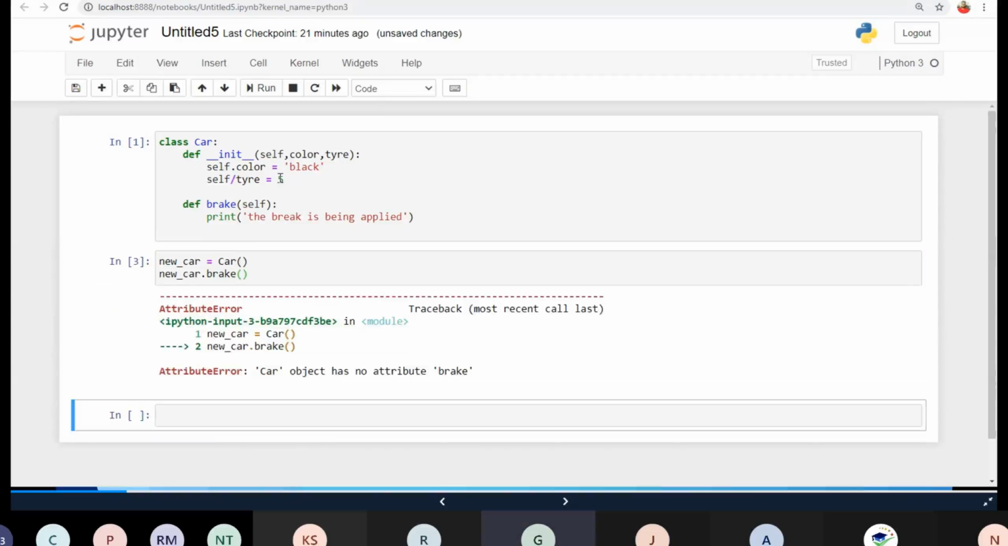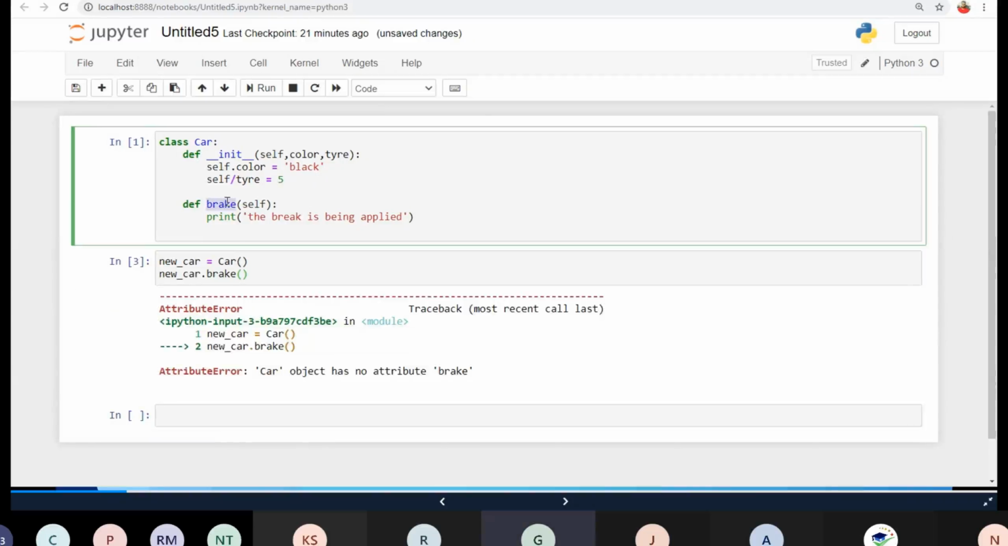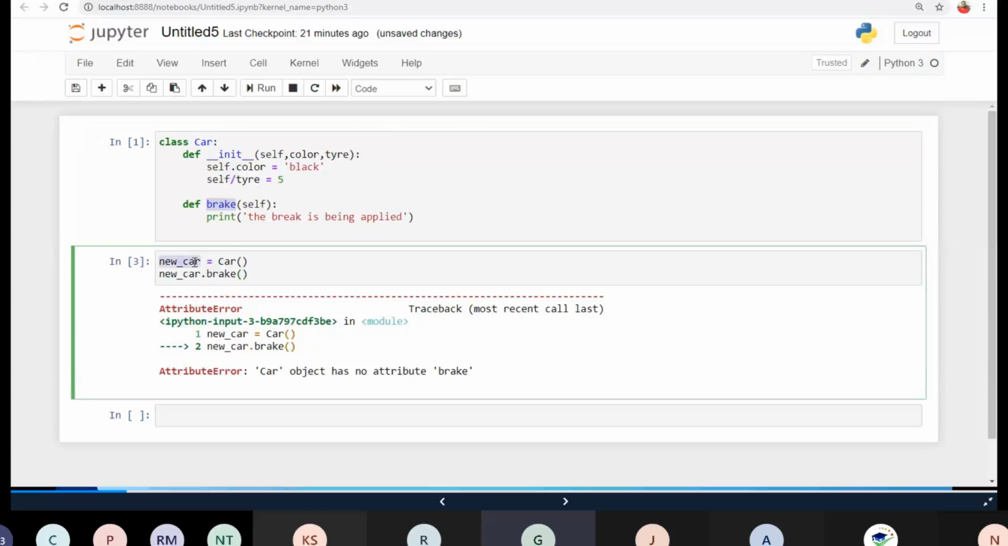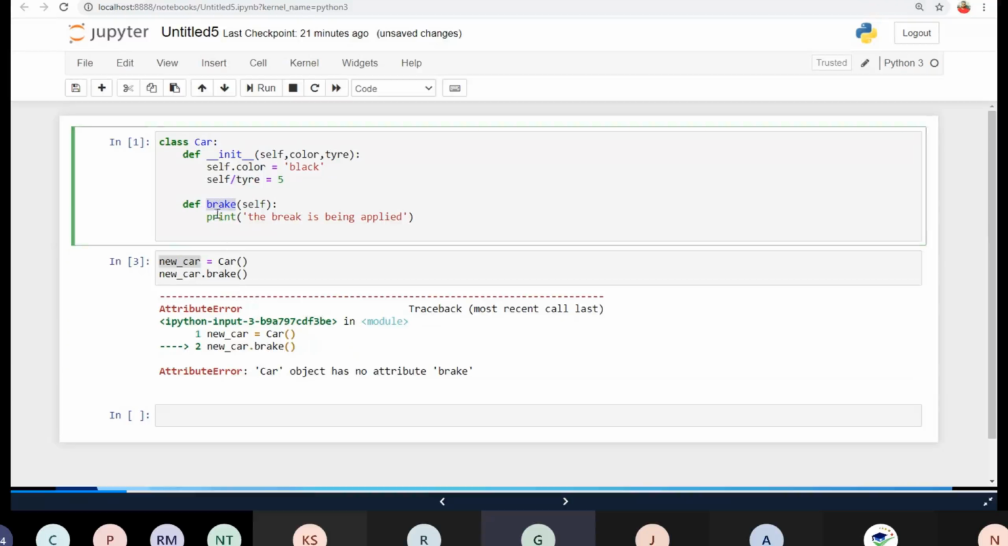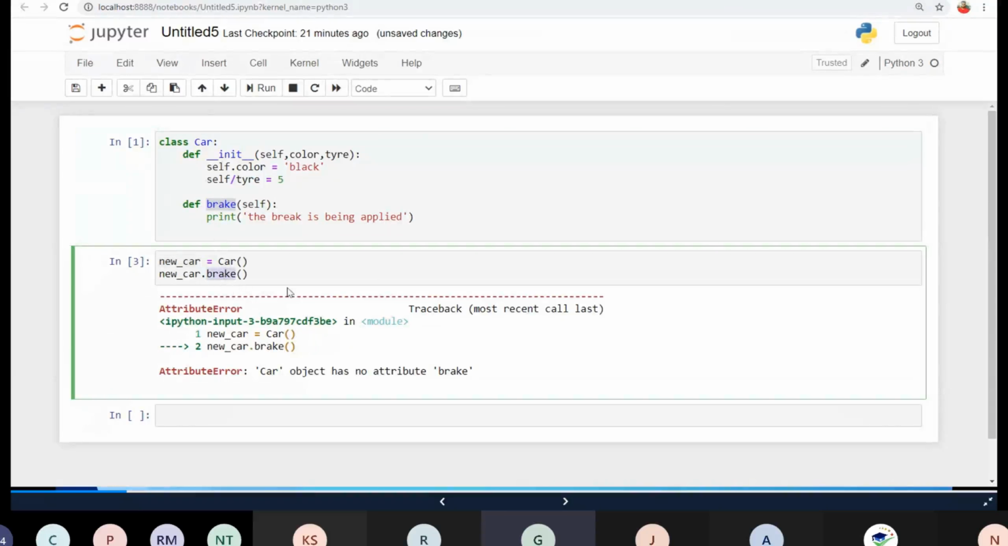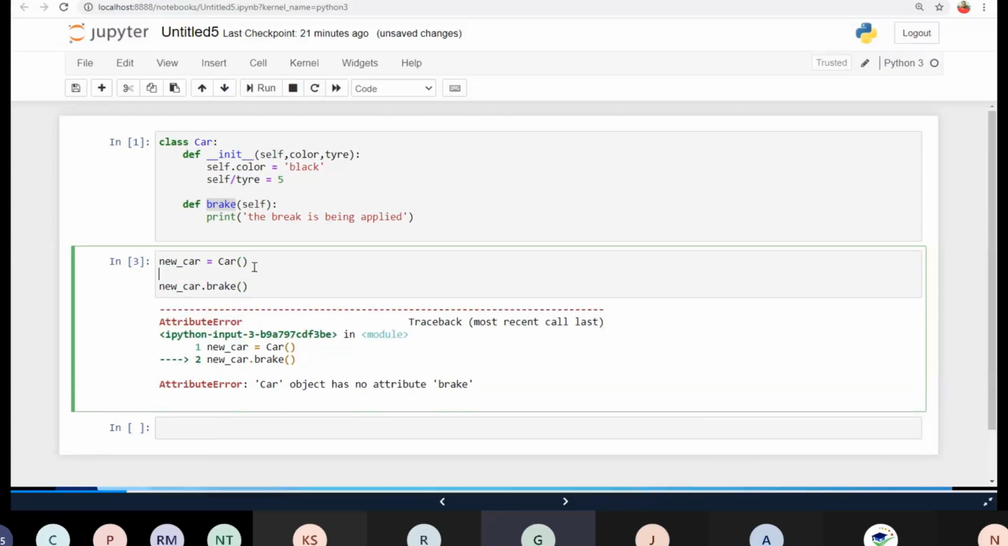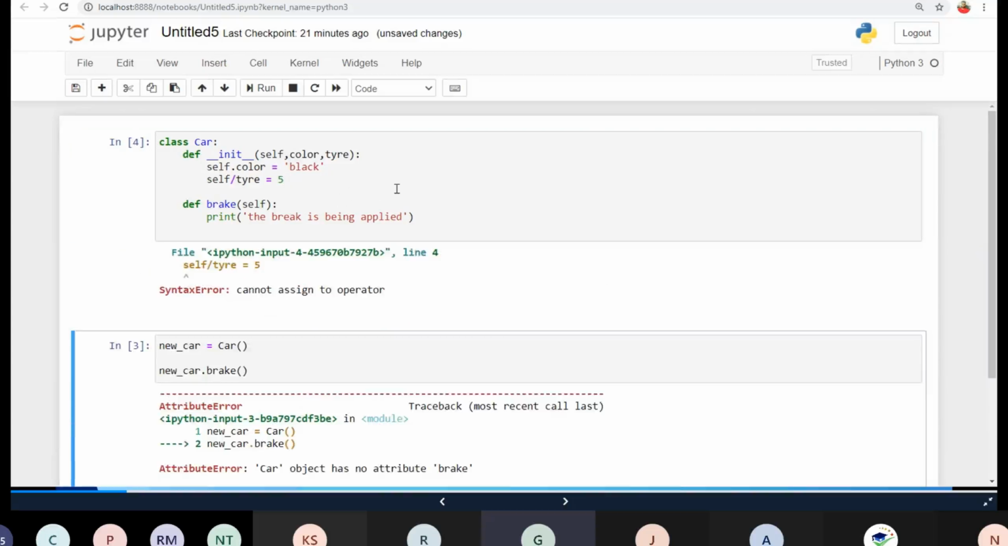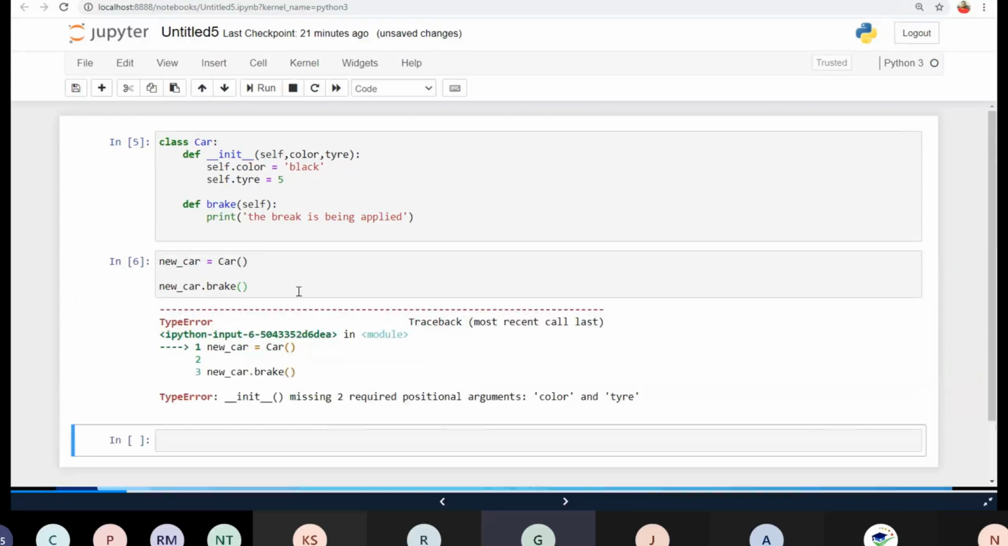Car has no attribute break. So here I have created break. This is car, new car dot break. We are okay. What is the mistake that I did here? New car equal to car. Okay, so here I haven't run this. Equal to 5 self. Okay, I didn't execute this. If I execute this,